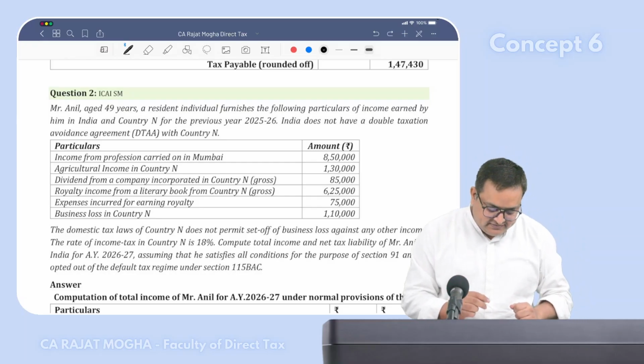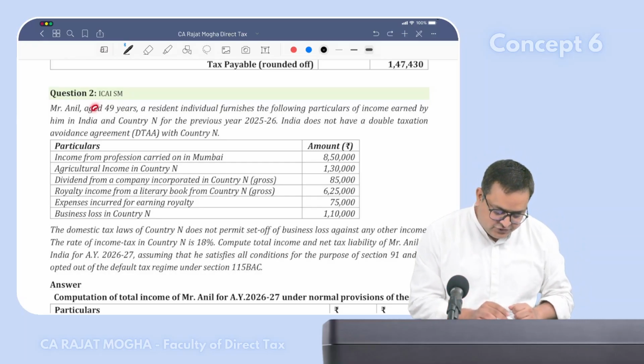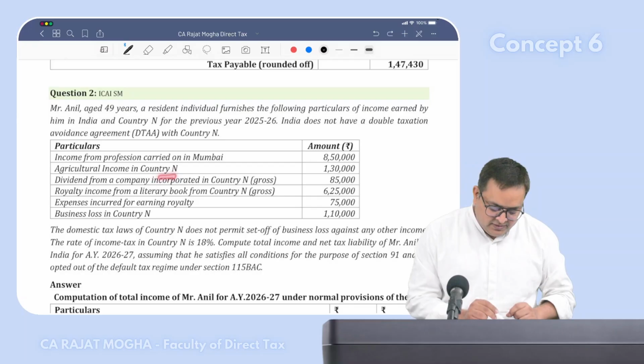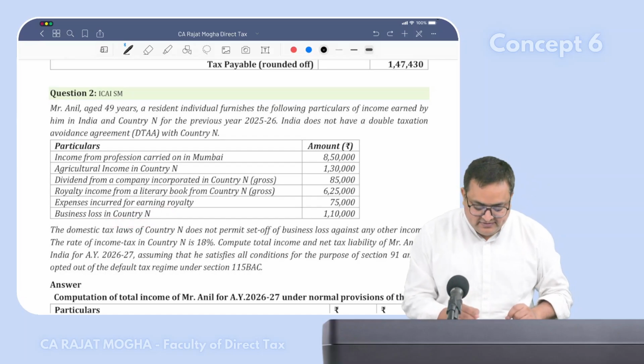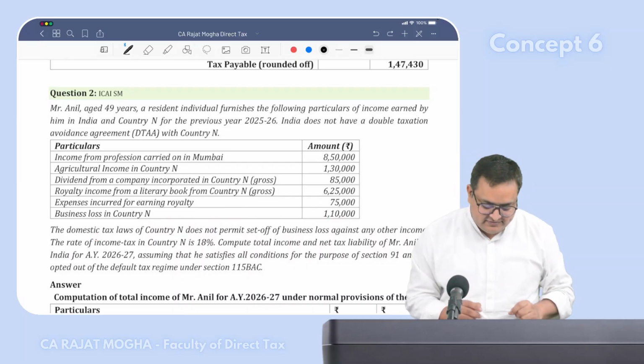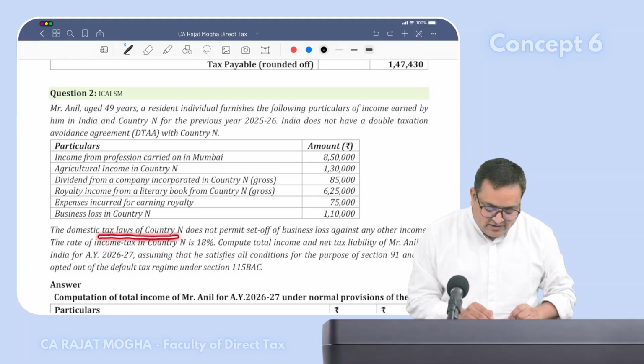Let's say, for example, this is a question from ICAI material. Here the assessee is getting agriculture income from country N. He is getting dividend income, royalty income, and expenses on earning royalty, and a business loss in country N. So there is a business loss also. See what happens, the examiner will confuse you. What will the examiner say? The domestic tax laws of country N